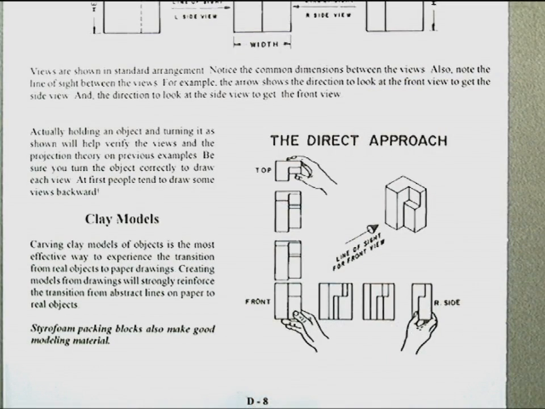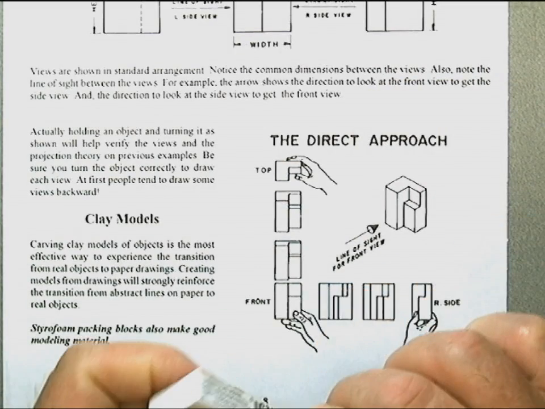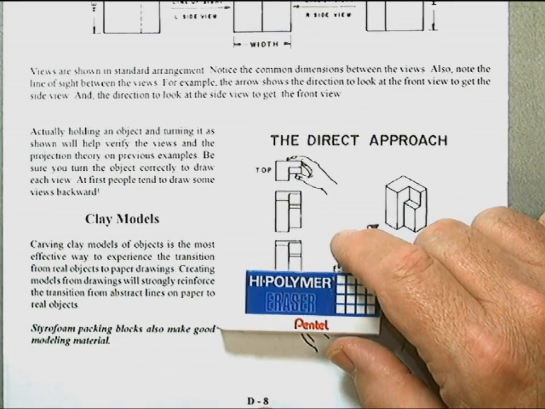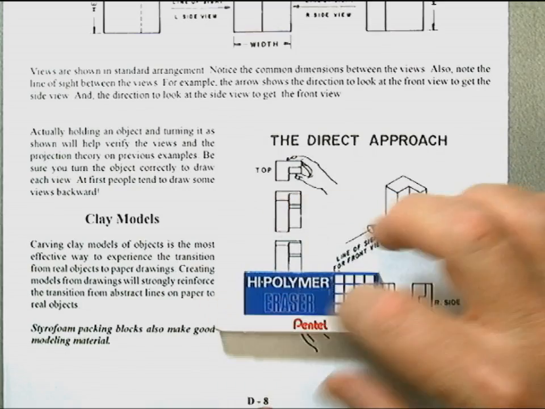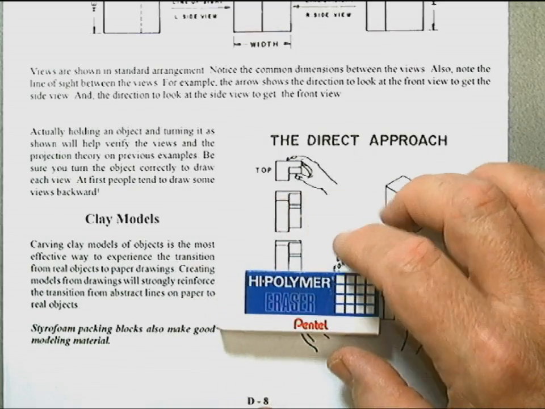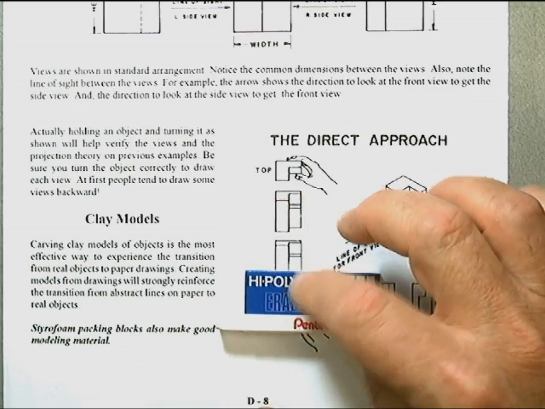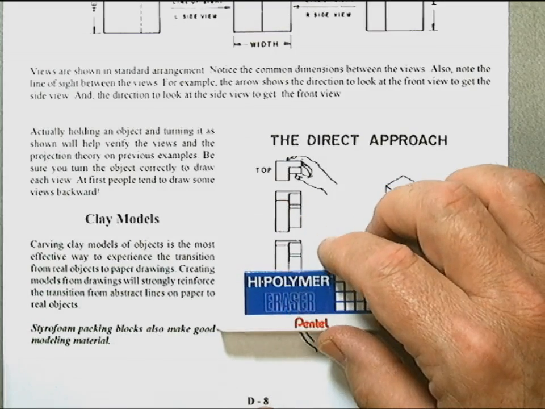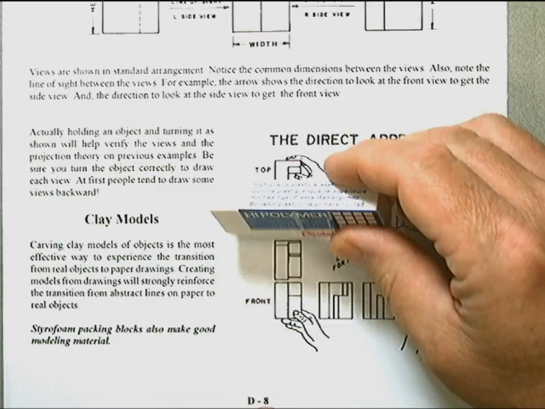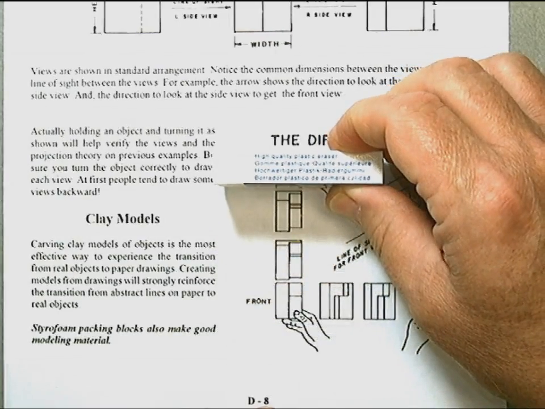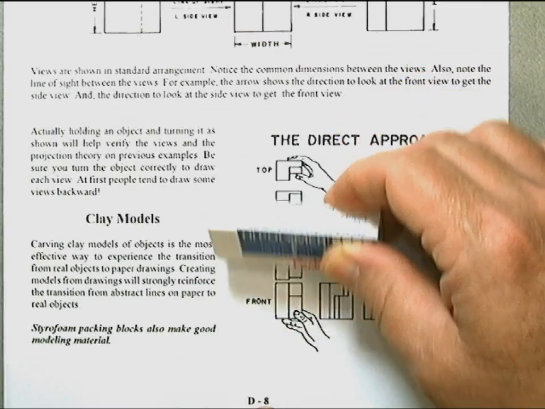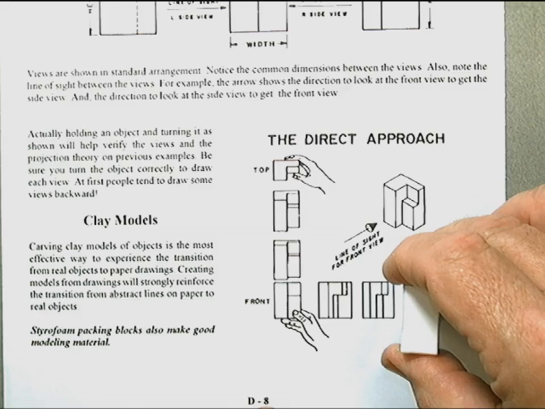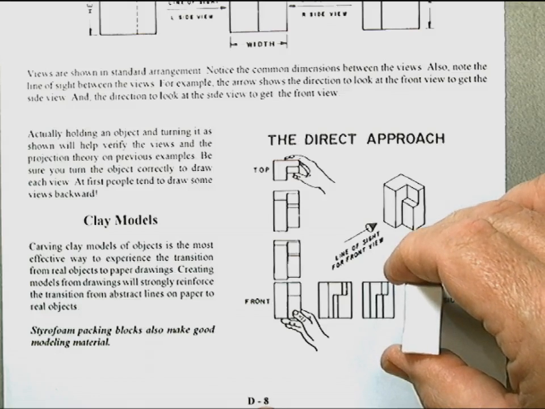So, for instance, if I was creating a drawing of this eraser, that would be probably drawn as the front view, a long dimension, even though it's kind of maybe thought of as the top, but we'll call it the front. And then I would rotate it in my hands and look at it from the top, and then rotate it to the right